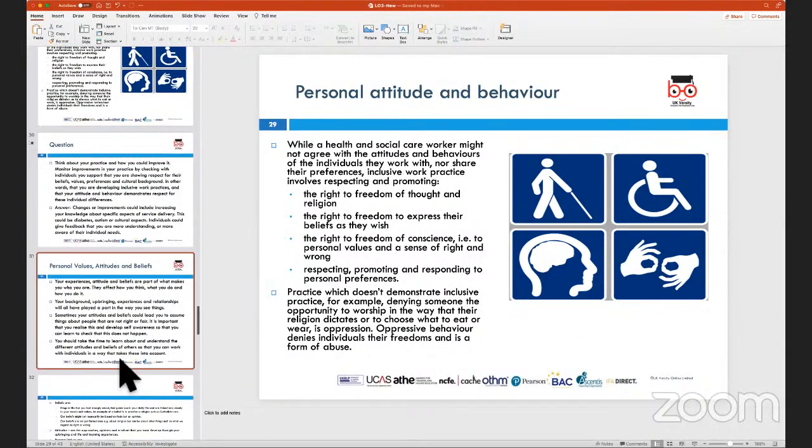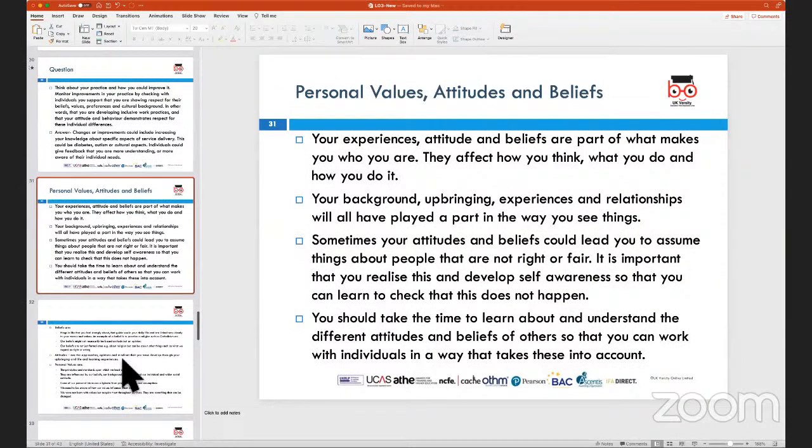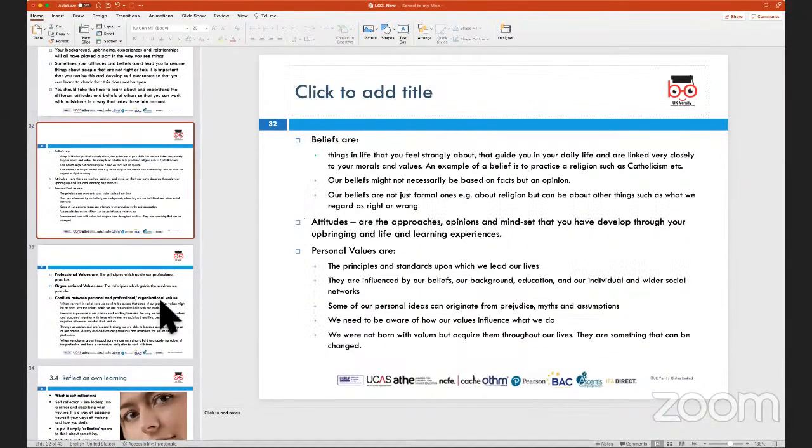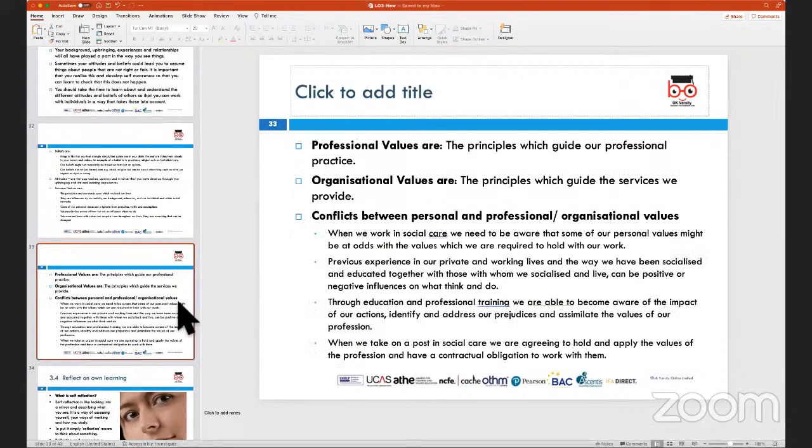And when we look at our personal beliefs, values, attitude, they tend to shape, let's put it this way, the kind of attitude and delivery that we do at the place of work when we are providing care to the individuals. So what I've done in the subsequent slide is I've listed down what are beliefs, what are attitudes, what are personal values, how they influence your professional values, organizational values, and where there could be a conflict because of the way